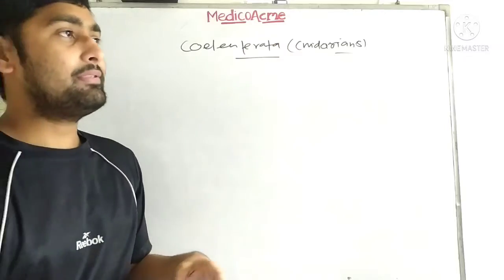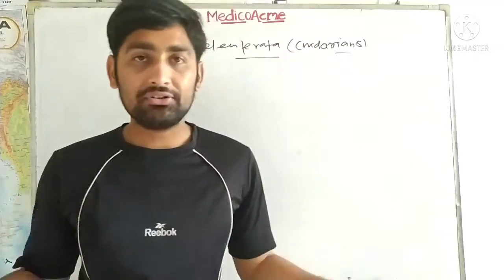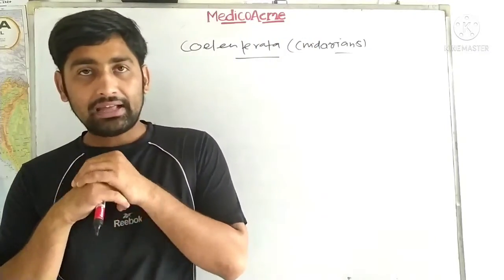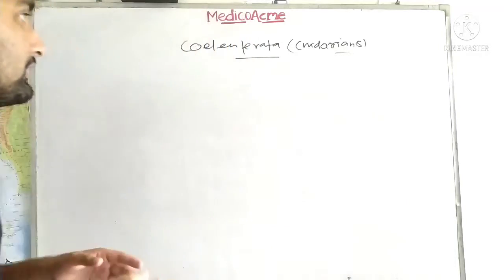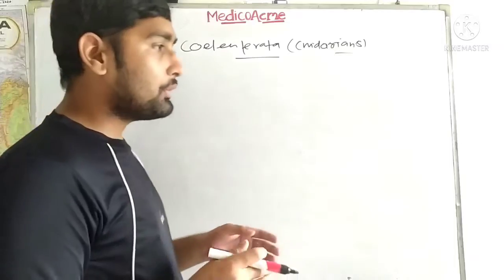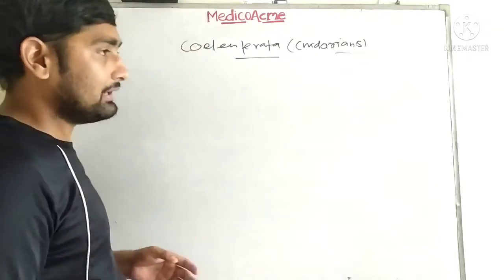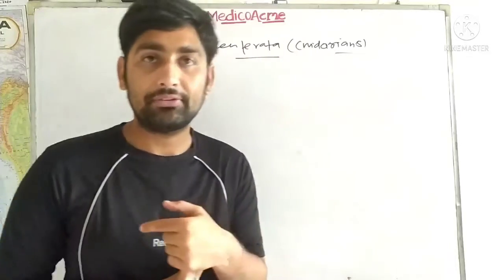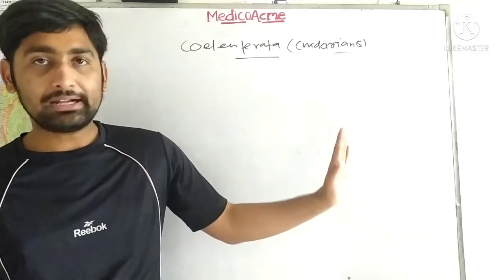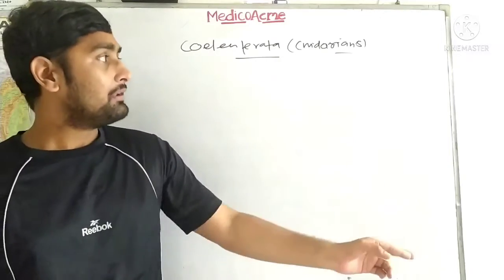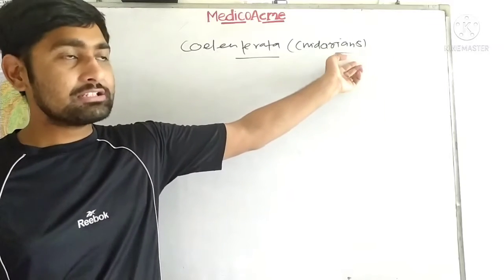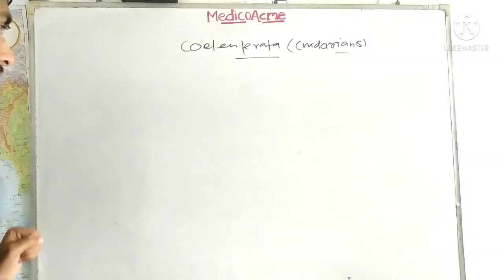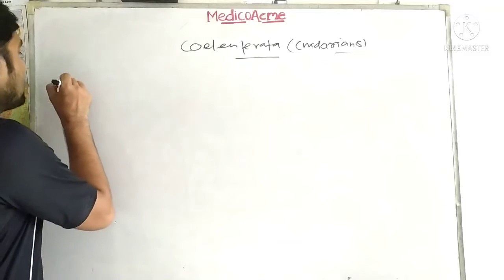So guys, when you look in and around you, you will find various kinds of diversity of animals. And today we are going to learn about the Coelenterata in great detail, and we are going to classify the Coelenterata in today's class. It is actually divided into two classes. The first class will cover general characteristics, classification, and the structure of cnidoblast, because this is the distinguishing feature of the organism. So let's go ahead guys. The first important feature.